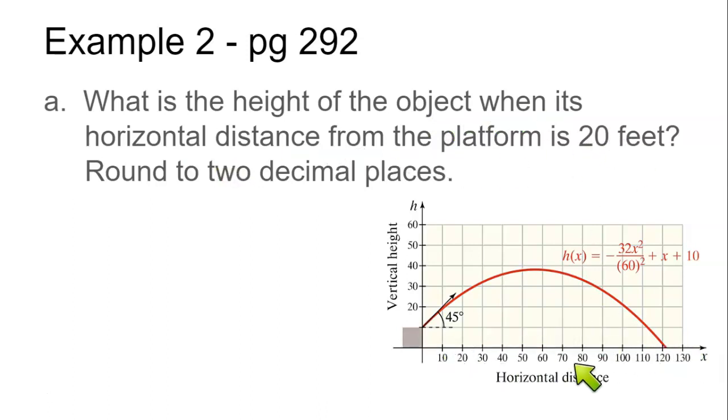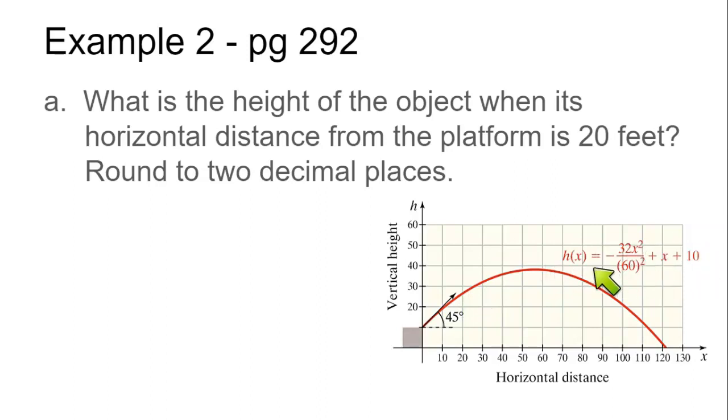So here, my X variable is my horizontal distance, and my vertical height is the Y variable. I want to determine where the location above the ground of my object is when it's 20 feet from the platform. Just utilizing the graph, if I go over to 20 feet here, I can determine that the height of that object is somewhere between 20 and 30 feet. Now it's not halfway, it looks like a little more than halfway, so I can't just say 25 feet, but